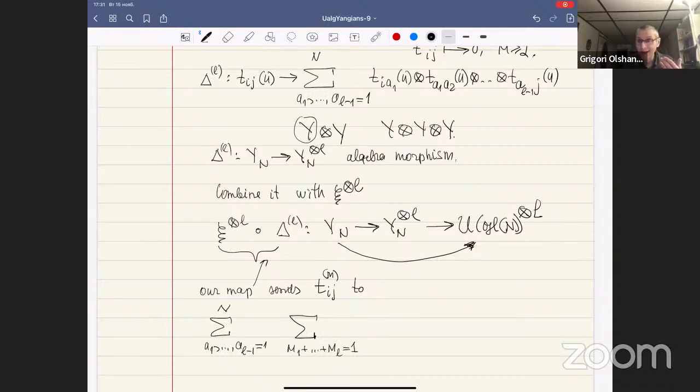We have an L-fold product. This corresponds to this partition into L summands. And we get